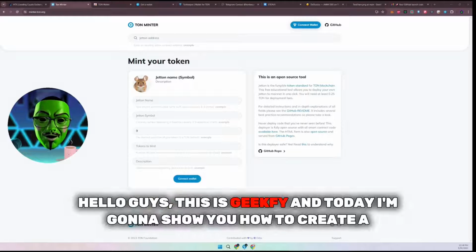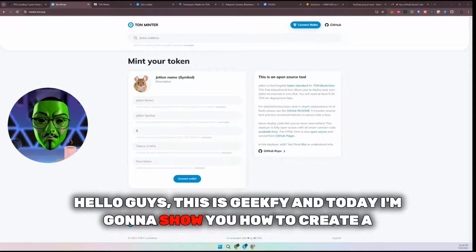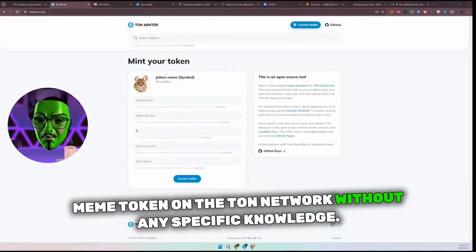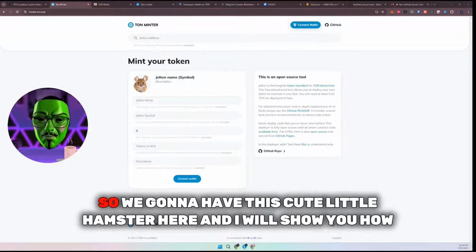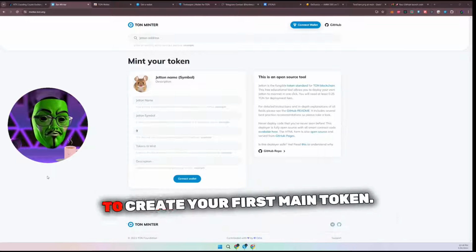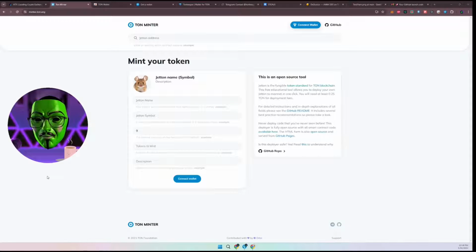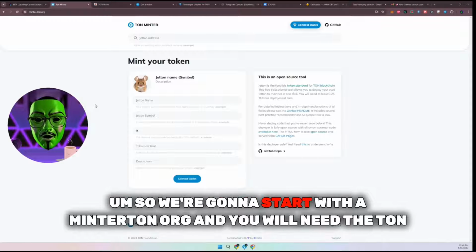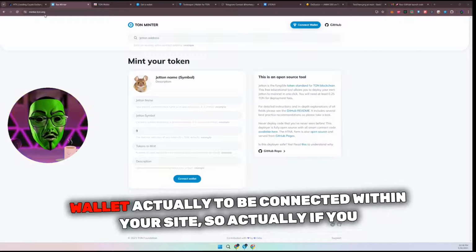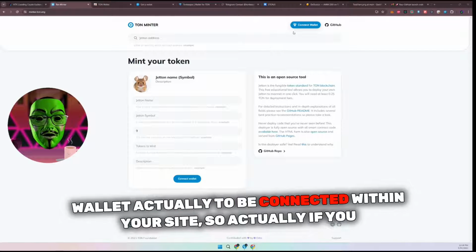Hello guys, this is GeekFi and today I'm gonna show you how to create a meme token on the Ton network without any specific knowledge. So we're gonna have this cute little hamster here and I will show you how to create your first meme token. So we're gonna start with minter.org and you will need the Ton wallet actually to be connected within